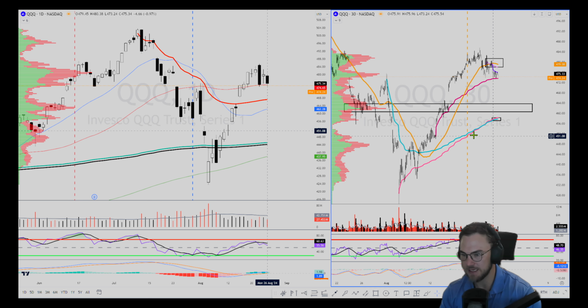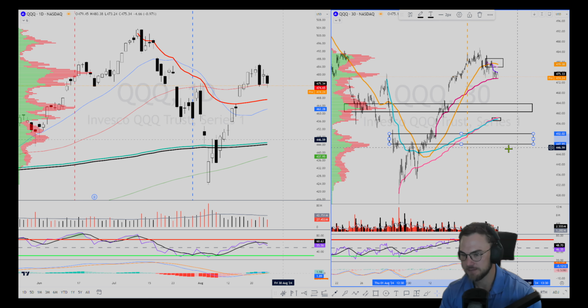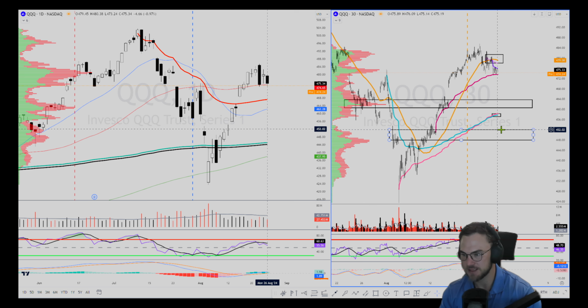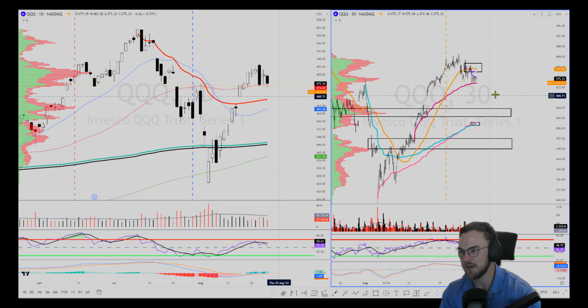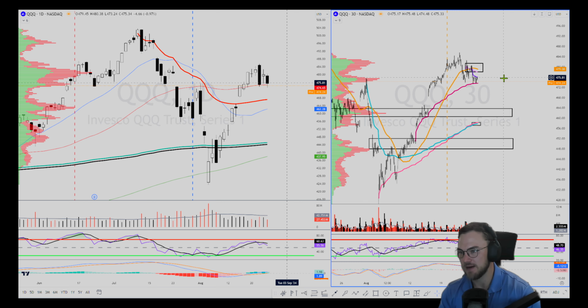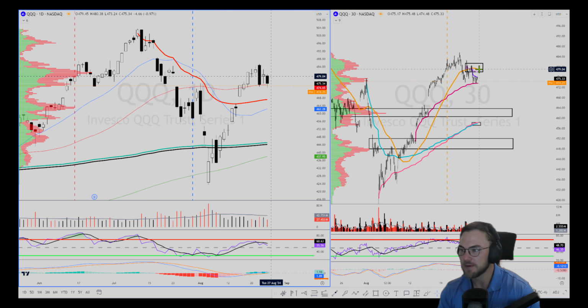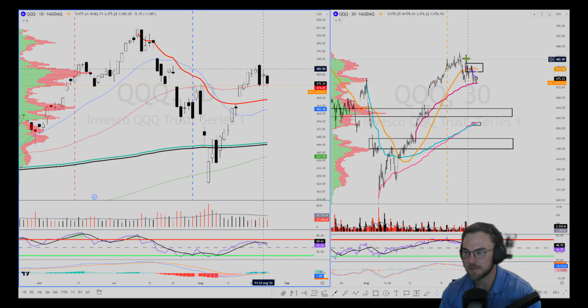So maybe we even shake out into this area, previous resistance gets support, and that could fuel that rally into that 5-day moving average, pull back, let it align, and we could go. If we do get above the 5-day at 479, be looking for something like